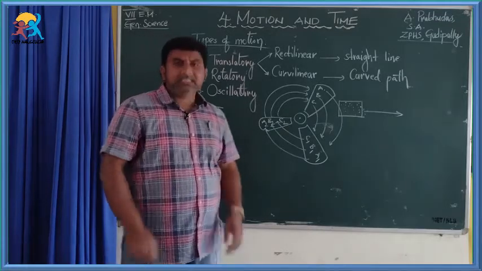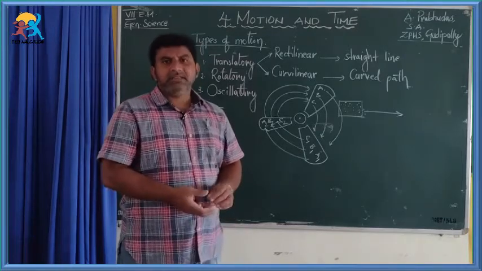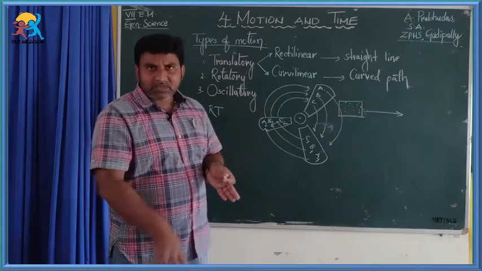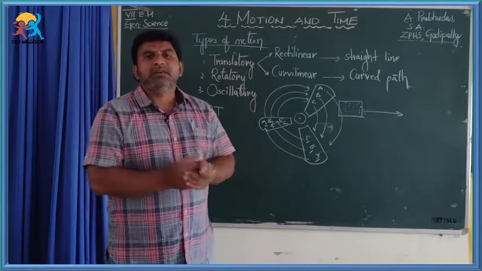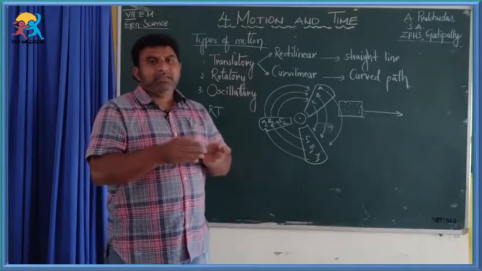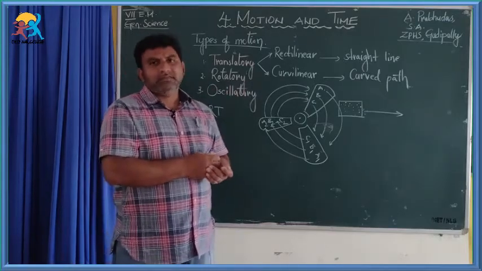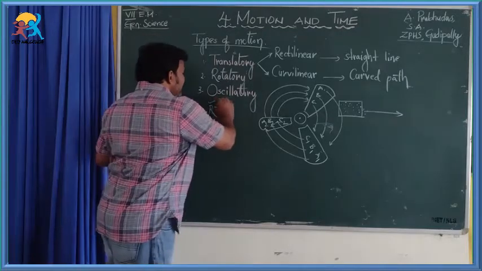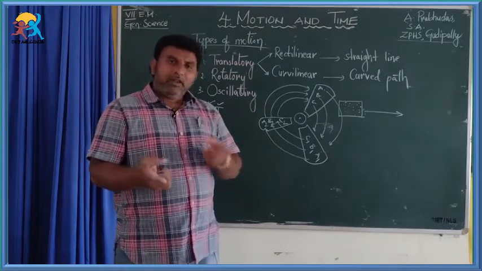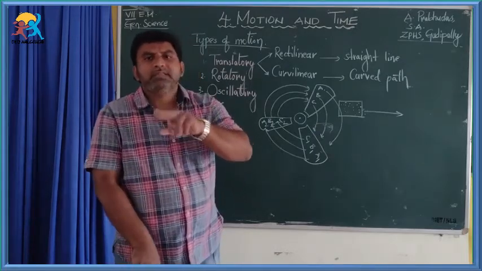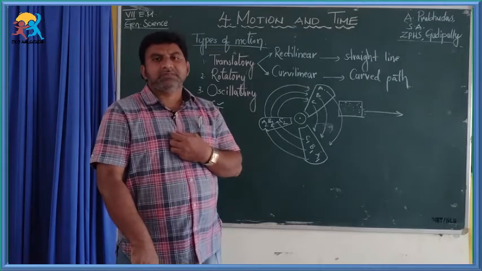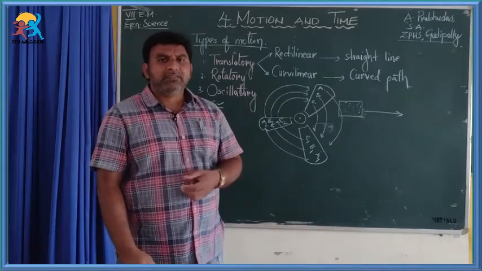And motion of wheels of an object. Here a bicycle is given, a girl is riding a bicycle. If you take into consideration the wheels, what type of motion do the wheels of a bicycle have? The wheels rotate, and at the same time they move along the path. So, they have rotatory motion and translatory motion. An object can have more than one type of motion, and you can understand this concept by simply doing an activity.